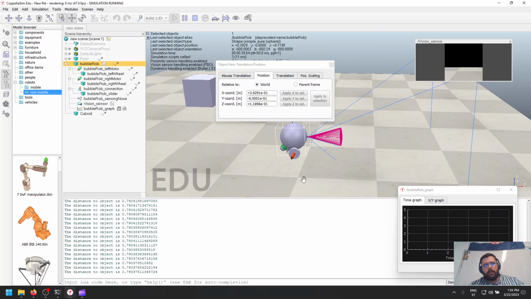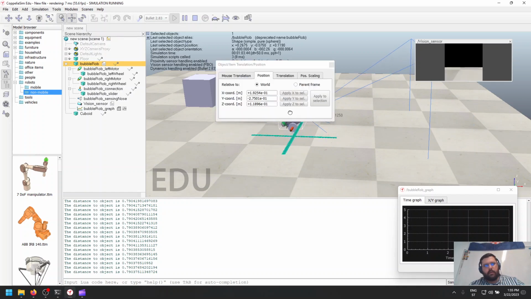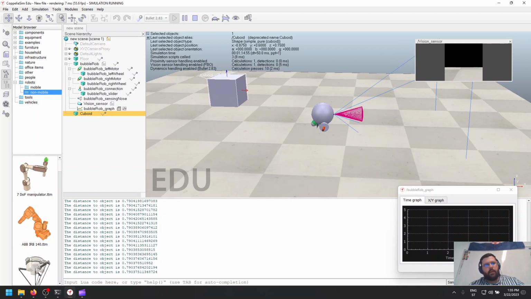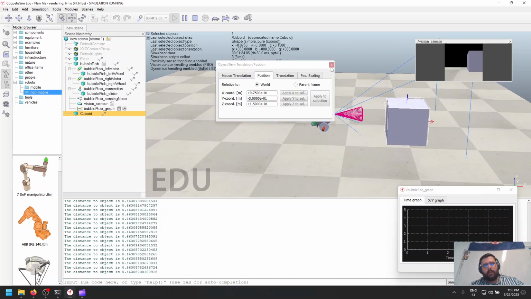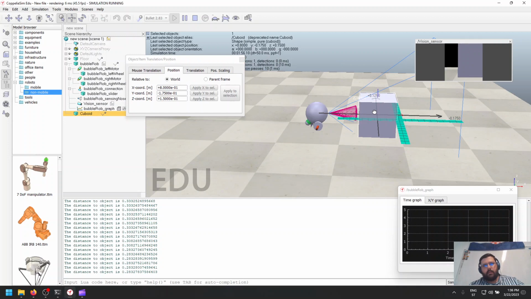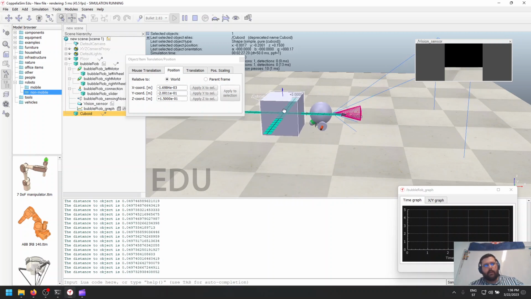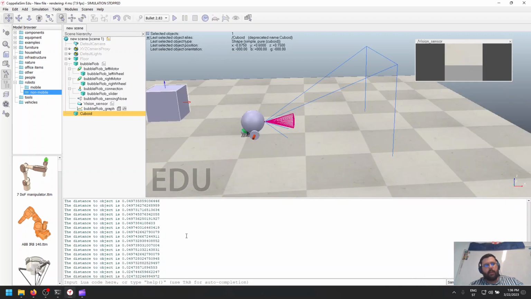So let's move it. Let's move the cuboid to it. Great. So it's actually detecting the cuboid at a certain distance, and if I move the cuboid, once it comes to this cone, it is going to change the color because there is a potential of collision, and if there is an actual collision, we can see that it prints it. So I need to close this. We can see that we have collision happening. Okay, so that's our proximity sensor code,